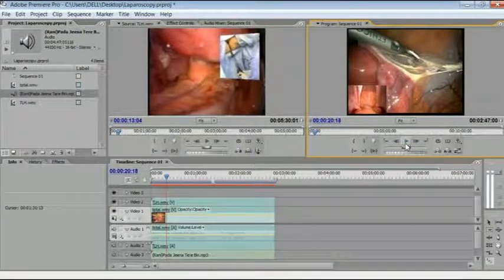So I am just stopping here because music was there. So this way you can see the two videos and one audio is added, and I have removed the original